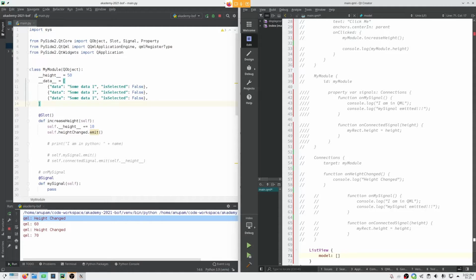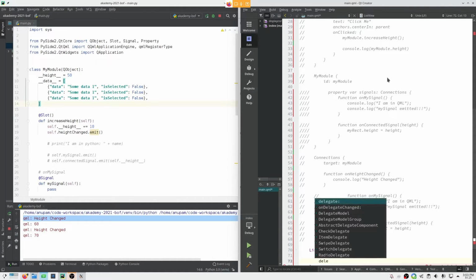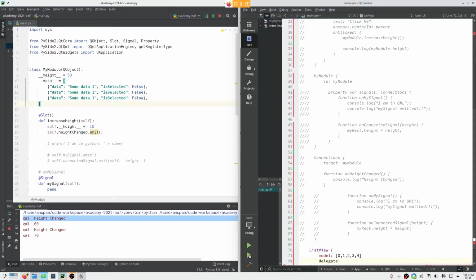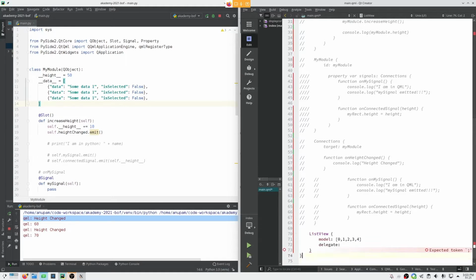For example, let's say we have an array of 5 elements: 0, 1, 2, 3, 4. ListView should iterate over each of those elements and make a UI component based on this property value, which is delegate. Whatever component you give in delegate should appear for each of the model data. In this case, one for 0, one for 1, one for 2, and so on. Let's say we want to have our delegate as text fields. It should show